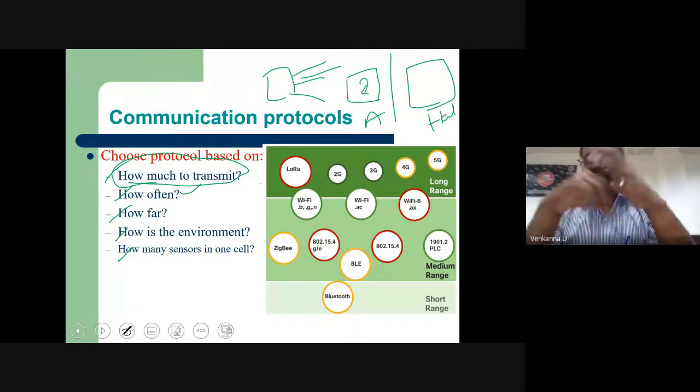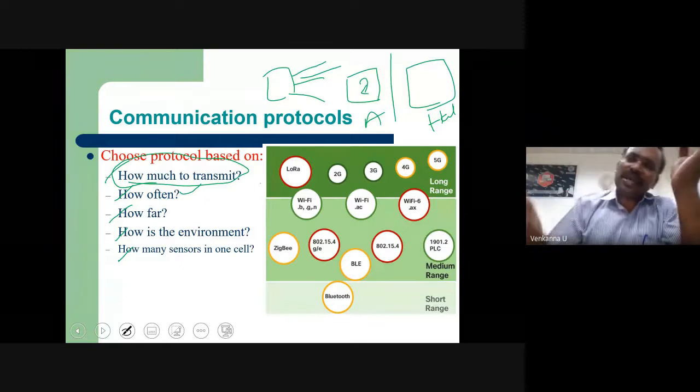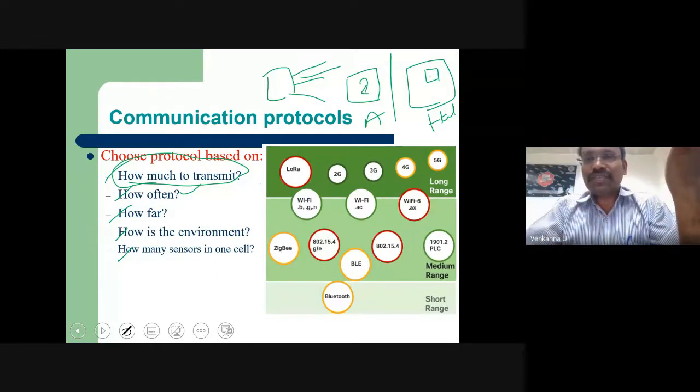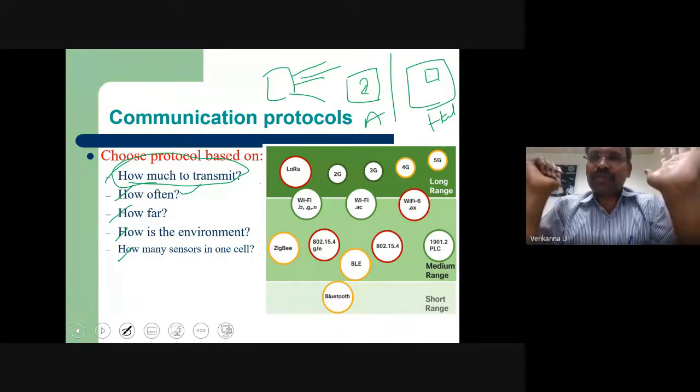But in healthcare, now you attach a sensor to a patient. If you're not sensing his temperature very often, in the sense every 10 minutes or every 5 minutes, maybe his sugar level is going to increase in a short span of time, and it is going to be out of control.